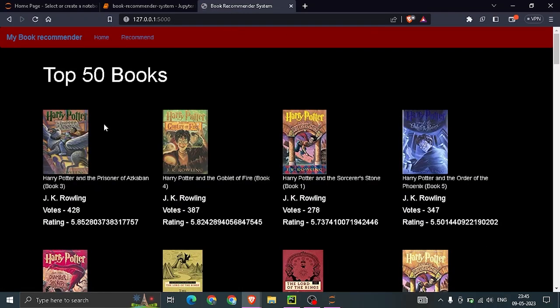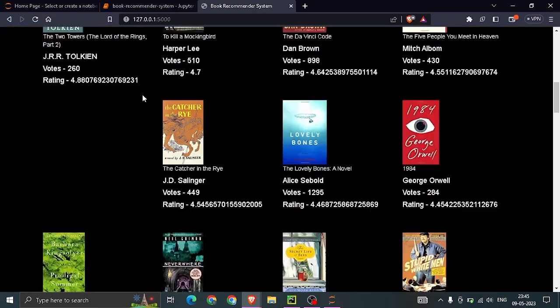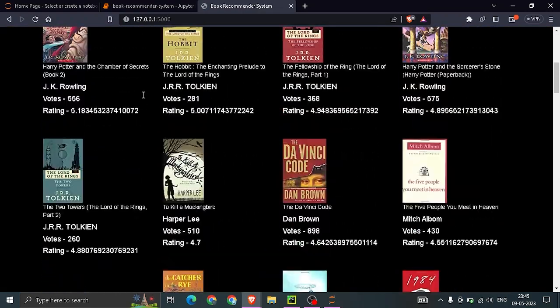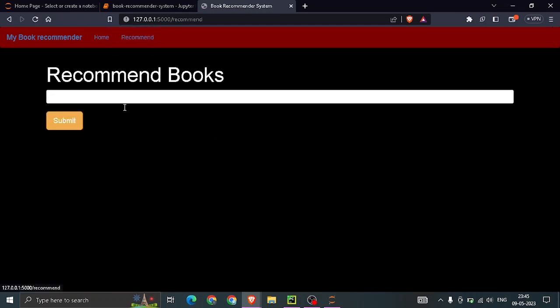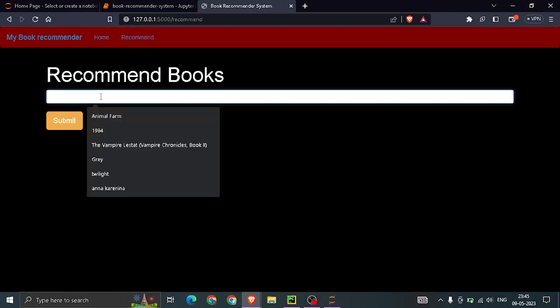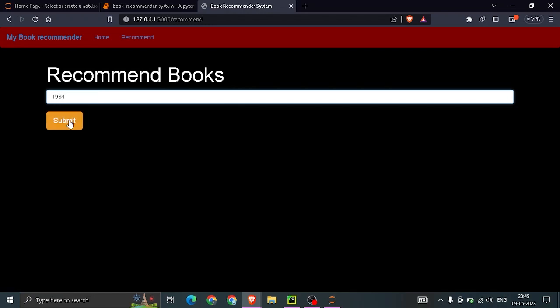Okay, so in home we have the top 50 books. Some of the images are not there because maybe the image link provided in the dataset may have expired. In the recommend page, I'll take the example given in the code, 1984.